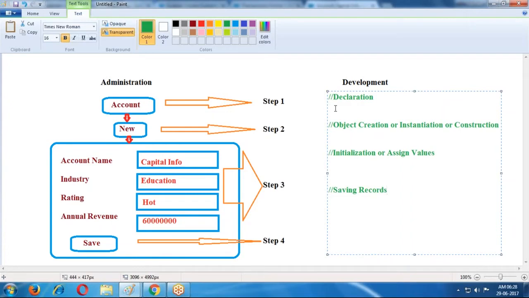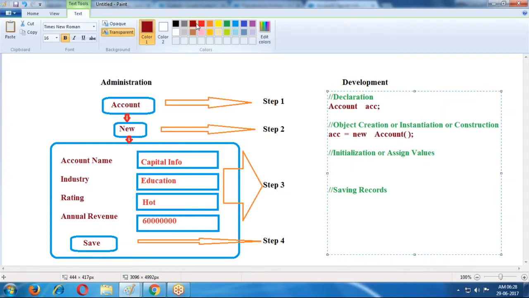Now in the first step, declaration, declaring the account object: Account acc. This is called declaration. After declaring, object creation: acc equal to new Account.